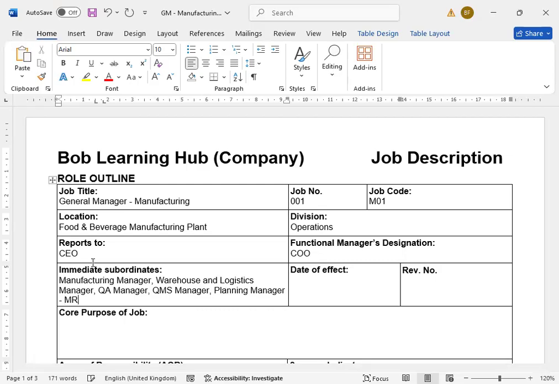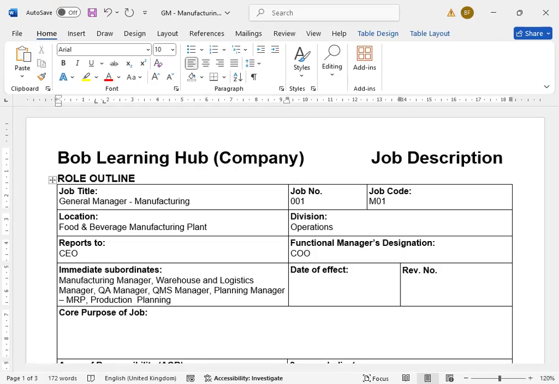So there could be a manager for MRP or a manager for production planning. Some companies have one planning manager assigned as MRP planning manager and one assigned as production planning,